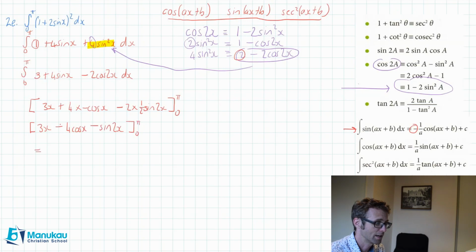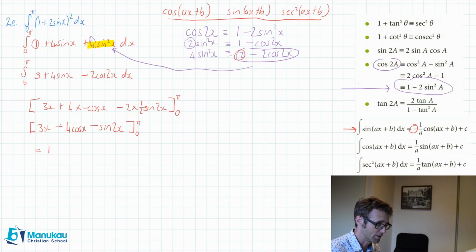Now when I chuck this into my calculator, it'll be 3 pi minus 4 cosine pi minus sine 2 pi. So I'm just going to quickly chuck that in now. 3 pi, make sure you're in radians by the way, 3 pi minus 4 cosine pi minus sine 2 pi, and I get for this